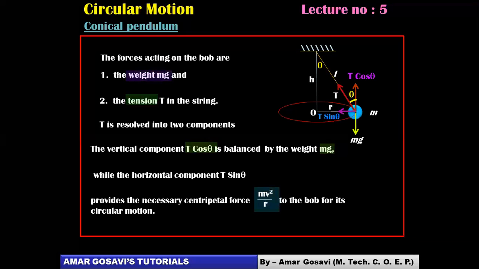Okay, so most of you say yes, most of you say done. Again, I repeat what we are going to equate out of this diagram. So concentrate high on that, friends. All right. So we are going to equate T cos theta with mg. Why? Because it is nullifying it. And T sine theta with mv square by r. Why? Because T sine theta is providing the centripetal force which is necessary for the circular motion.